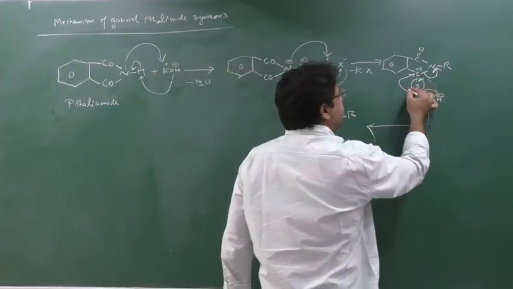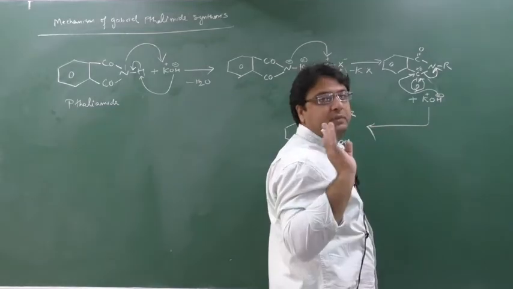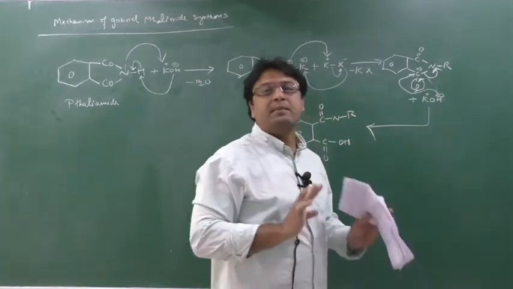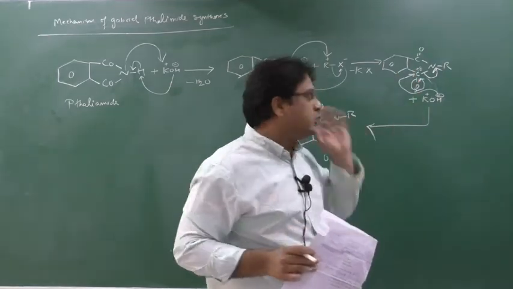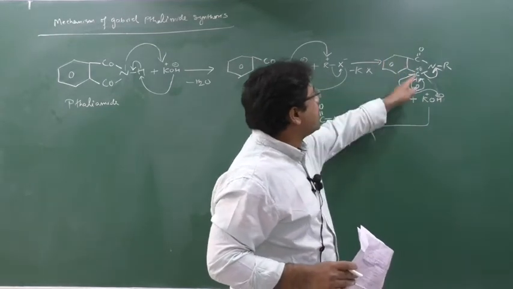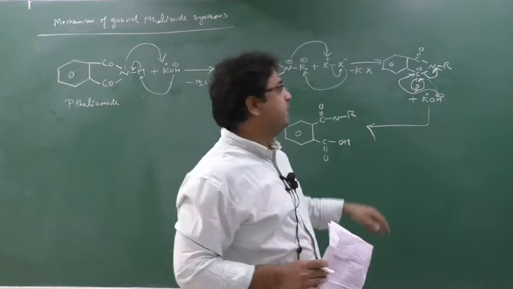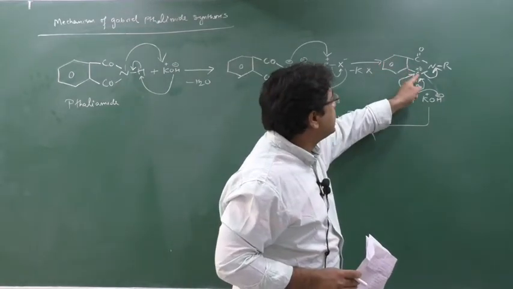Due to this back bonding, oxygen is saying no, I will not break my bond, I will stay as it is, my double bond should not be broken. Oxygen is telling carbon, my double bond should not be broken. So this double bond cannot be broken. Now carbon is left with two other bonds that could be broken. One bond is with this ring and another bond is with this nitrogen.